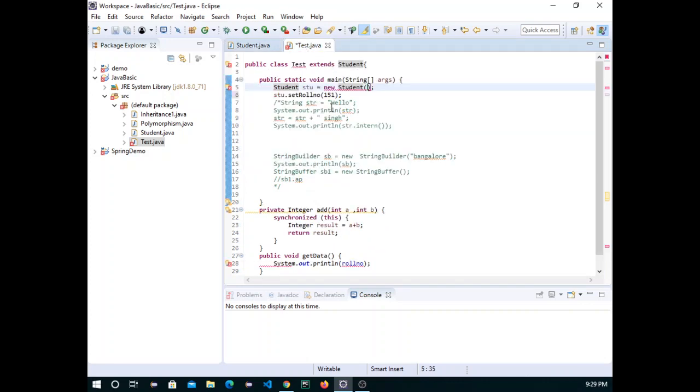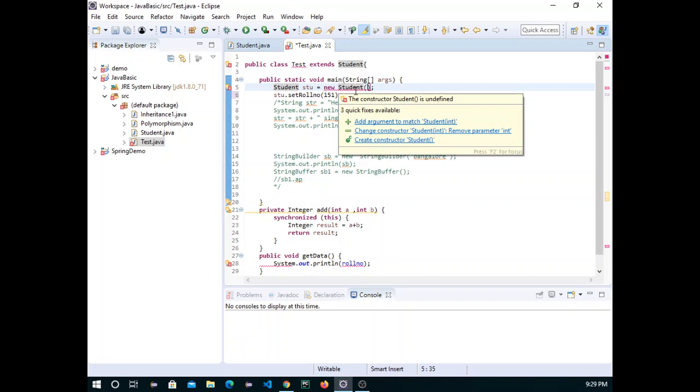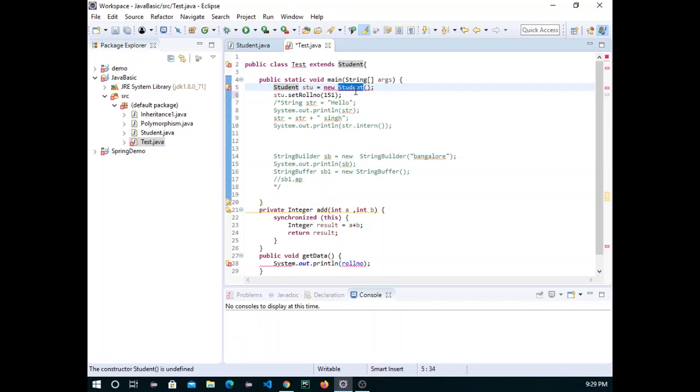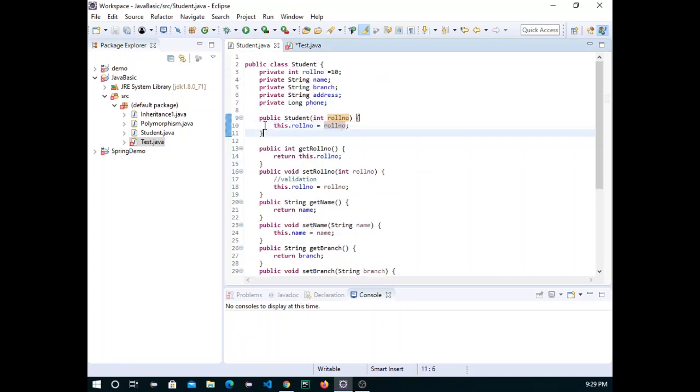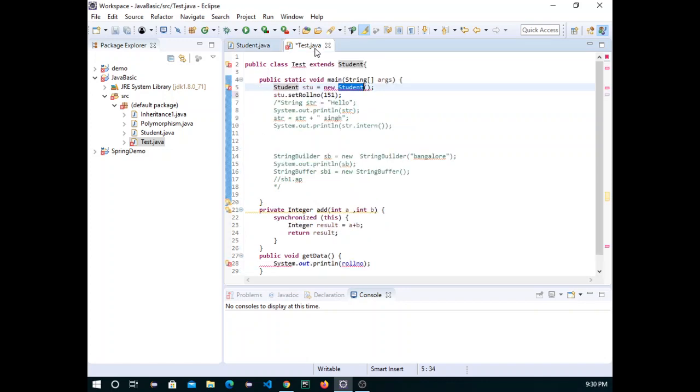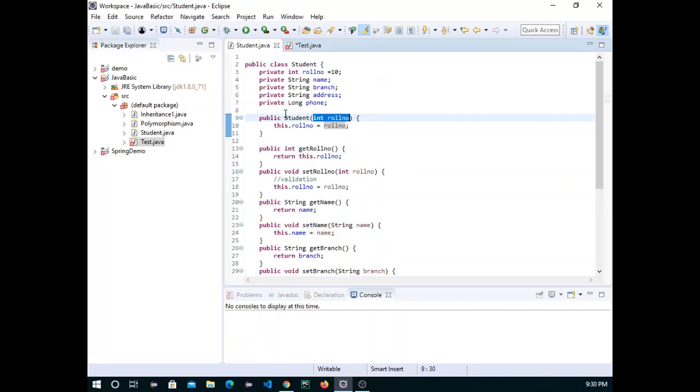Now we'll try to see here, this one is throwing an error because Java is saying, okay, if you have not written any constructor, then I will provide you one default constructor, that is without parameter. But if you write the parameterized constructor, I'm not going to provide you any default constructor. You have to implement the default constructor also if you want to use it.